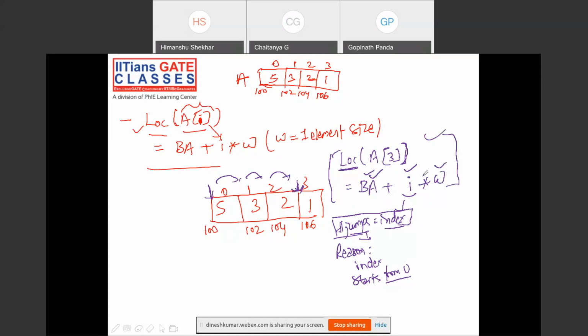You don't need to remember any formula in computer science subject. Most of the formulas I would say you could visualize like this, and you don't need to remember the formulas. After the visualization part is done, let me just calculate this also so that the formula gets verified. A3. According to the formula it is base address plus I into w,